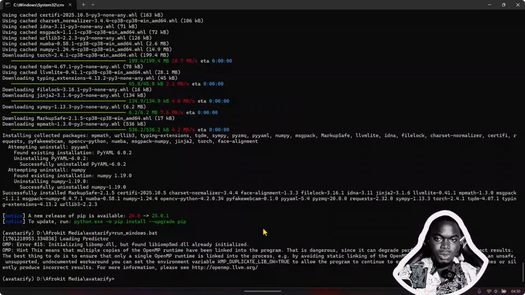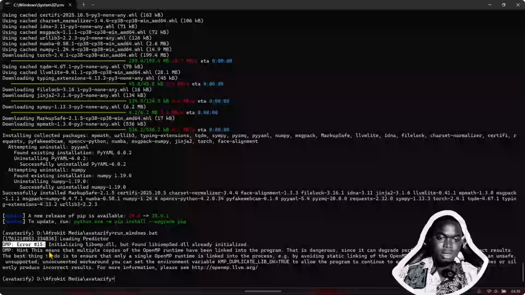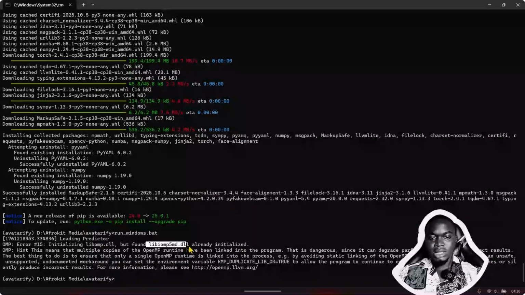Okay, now this error is Windows error 15. It says we have a duplicate libiomp5md.dll file. Okay, I'll show you how to fix this one, and we'll continue with the installation. Okay, still on this command prompt,